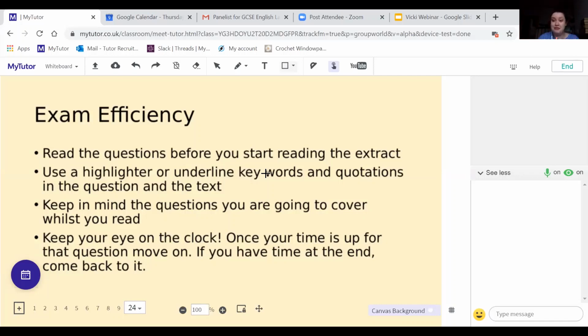If you go 5 minutes over each question, you're going to get to your 40 marker and you're going to severely limit the amount you can write for that 40 marker, which will limit your marks. So think, right, I've done my 12 minutes. I could write more, but I don't have time right now. If I've got time at the end, I'll come back and finish it off. Don't feel like you've got to write a perfect answer and spend double the time on it. It's not worth it. You can't improve your marks that much by writing that much more.